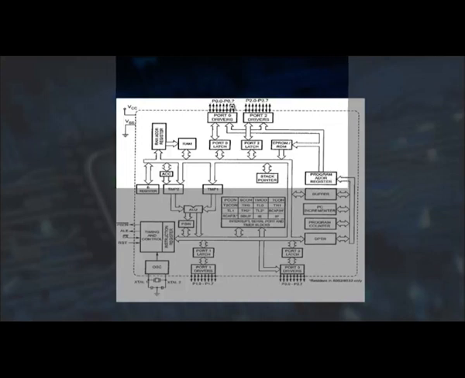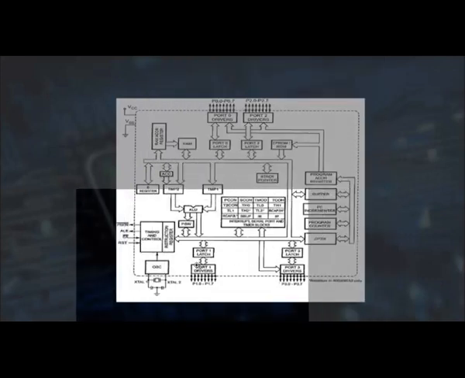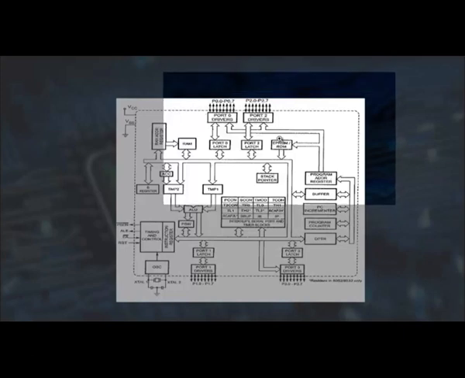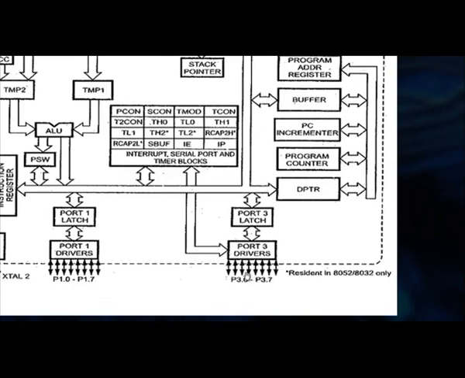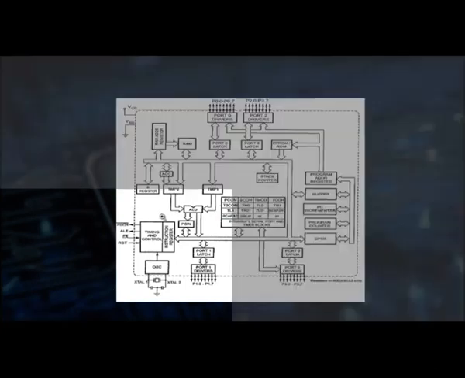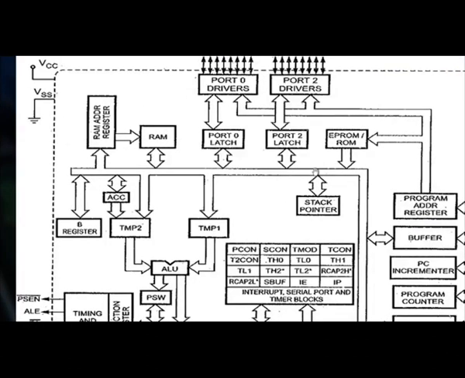Along with that, we have 2 timers, T0 and T1, both 16-bit timers. So, we can initialize any kind of values for counting purposes, and they are also used for generating waveforms. In port 3, the last 2 signals, read bar and write bar, are used for the read and write operations like in other processors. So, these are the 4 ports, totally 32 IO signals are available in 8051 to perform the input output operations. Not only for input output operations, they are also used to generate the address lines and data